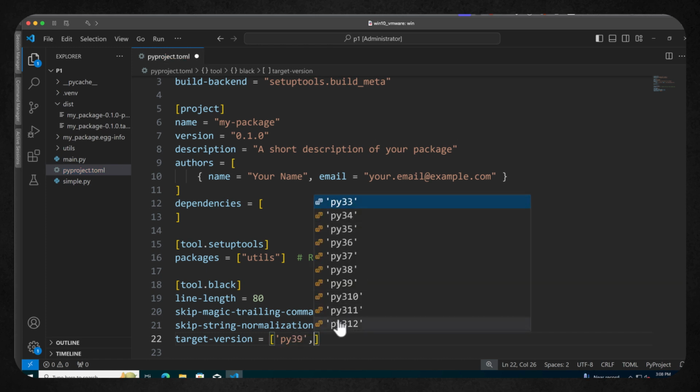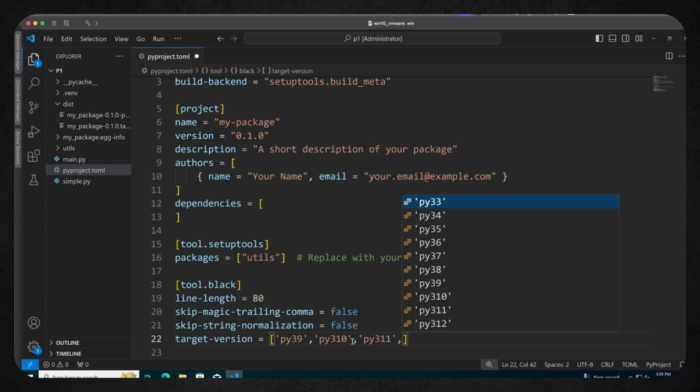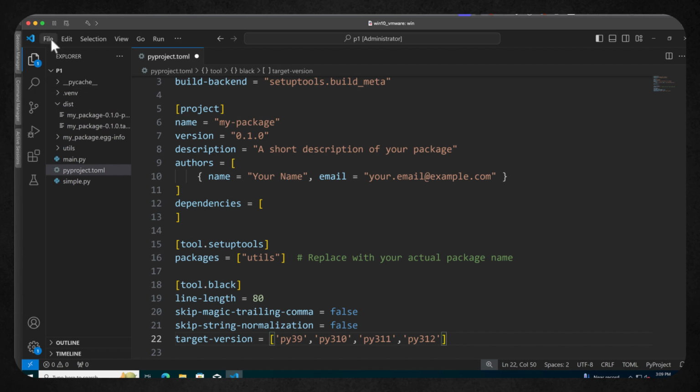And then we might say py310, py311 and py312. I'm using Python 3.12, but my standards that I'm working with are pretty much anything from 3.9 through to 3.12. With that configured, let's go through and save it.